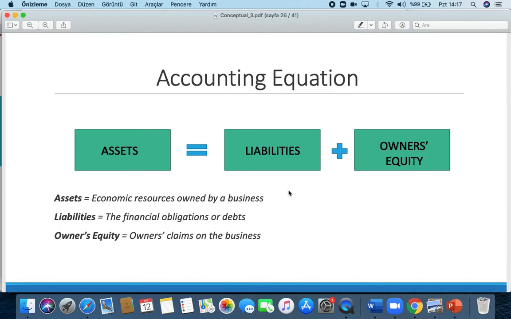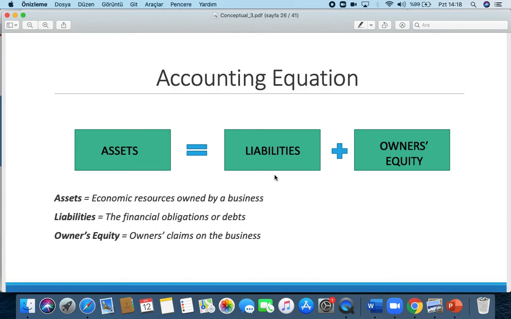But it's a loan. It's a debt. You have signed a financial contract with the bank. What's that contract? You are obliged to pay the interest and principal to the bank at the maturity of the loan. So that's why it's a liability at the same time. So on the right-hand side of the equation, you have to write 10,000 of liability as well. By this means, 10,000 will be equal to 10,000.